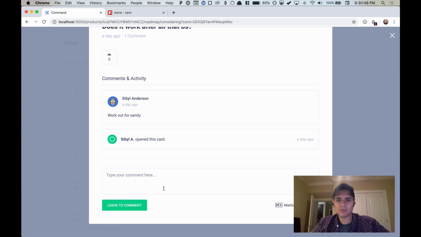Same thing with comments. We don't want people to just be spamming stuff on here because it could be a robot or it could be just some jerk who just decided to be a pain in the ass that night and leave a bunch of nasty comments. So to get around that, you'll notice that right now the button for the comment form says log in to comment. And so if I go ahead and click this,